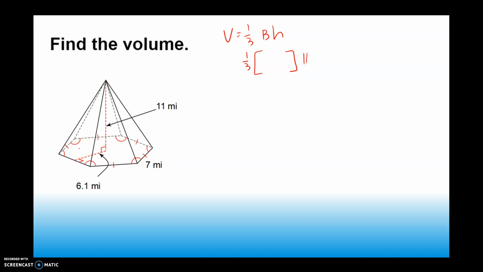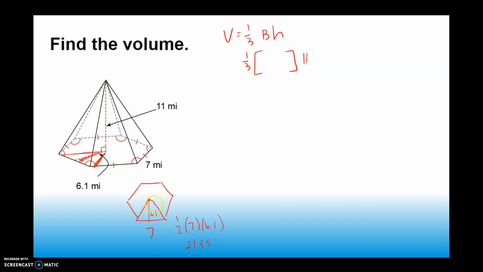So if I have a hexagonal pyramid here, I know that my side lengths are going to be 7. And they're telling me from one of these triangles, so if I come out here and come out here, they're telling me the height of one of these triangles is 6.1. So if I want to find the area of this triangle, I'm going to do 1/2 my base of 7 times the height of that triangle, which is 6.1. And this gives me